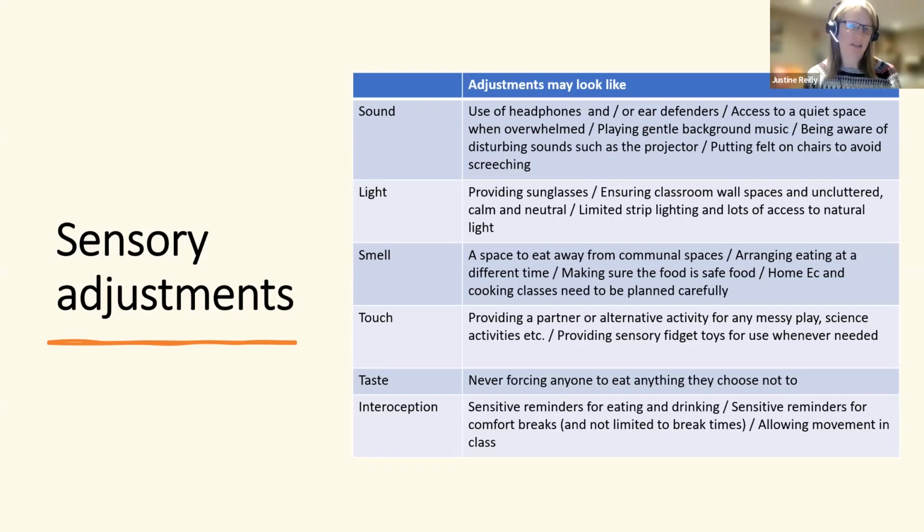Light, making sure that there are sunglasses, classroom spaces calm, uncluttered, neutral. That's totally against what happens in most classrooms, but it is absolutely crucial. Strip lighting is really difficult, so making sure that there's access to lots of light. We've talked a little bit about smell. Touch, making sure that if there's anything like messy play or